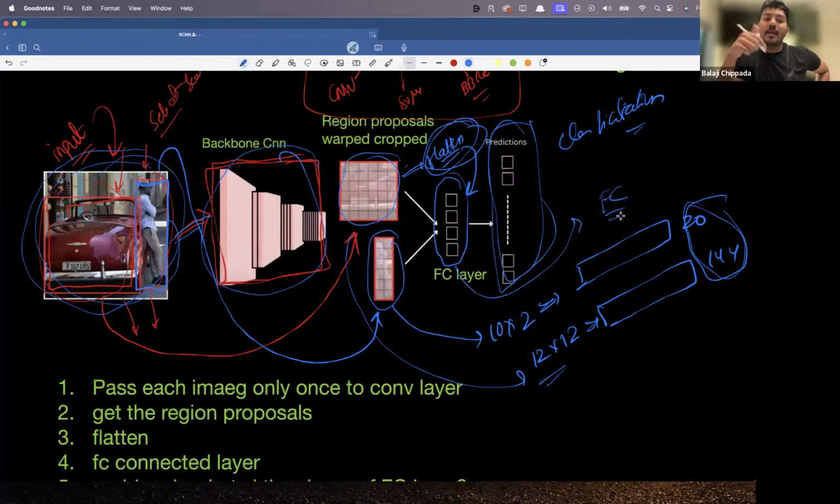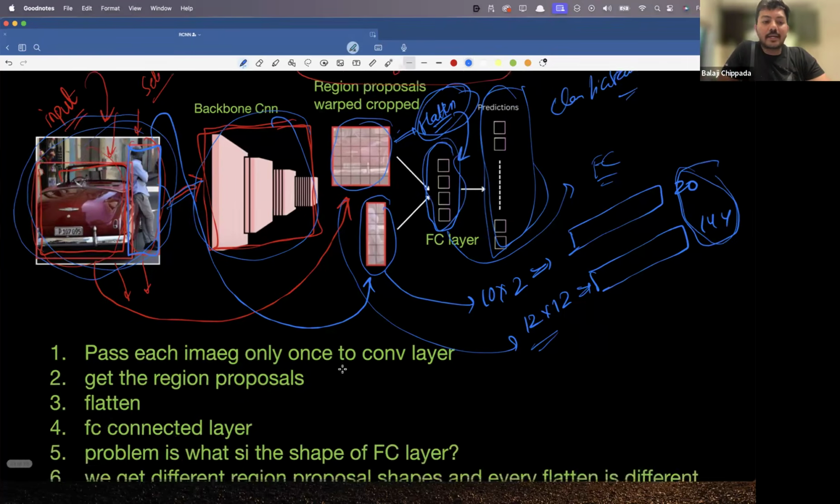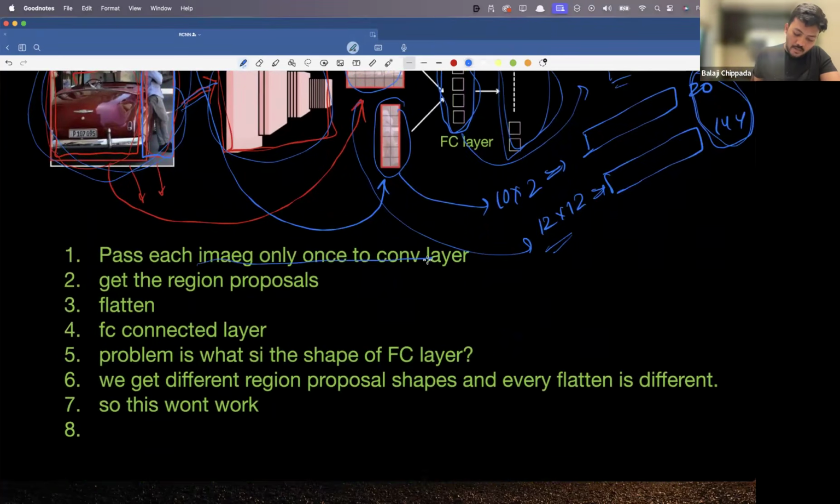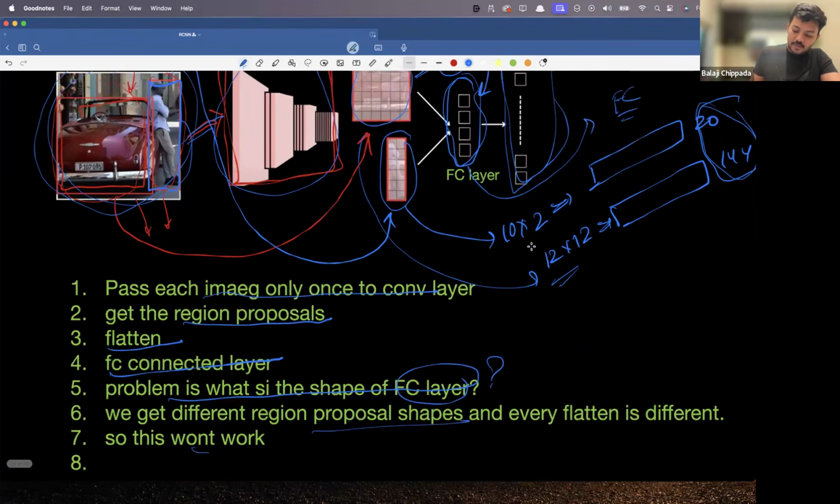पता, that is an issue right, because every image will give you different aspect ratio of regions of proposals, and every aspect ratio image, once it is flattened, it is of different length vector. अगर मेरे पास हर बार डायनेमिक लेंथ आ रहा है, I cannot do a fully connected layer of how many dense units. So that is a problem that we have, right? So pass each image only once and get the region proposals and do flatten and fully connected layer. Problem is shape of the fully connected layer क्या करना है, different shapes आते हैं, so it will not work actually। ऐसे वाला टेक्निक,